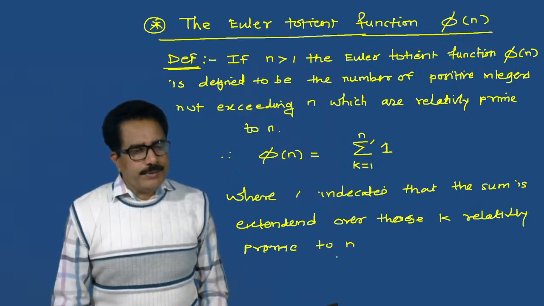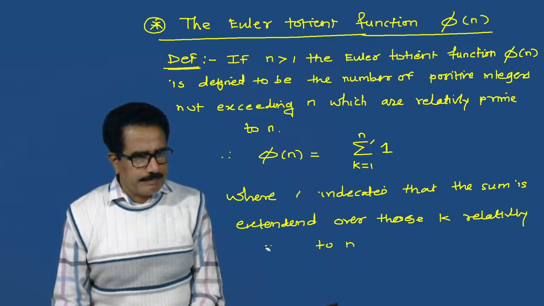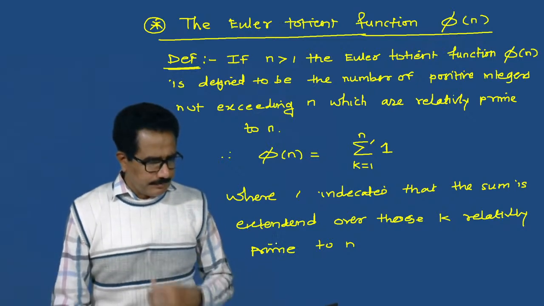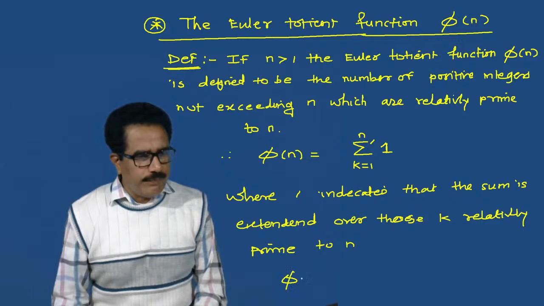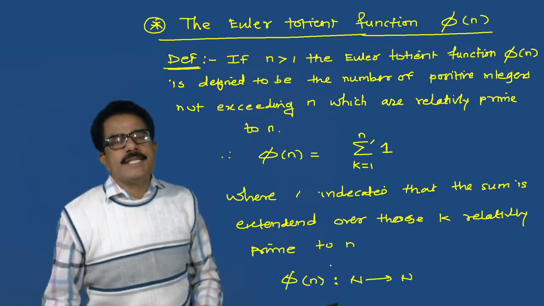See this, we can write this relatively prime. So here in this case phi of n is a function from N to N, whose domain is N, whose